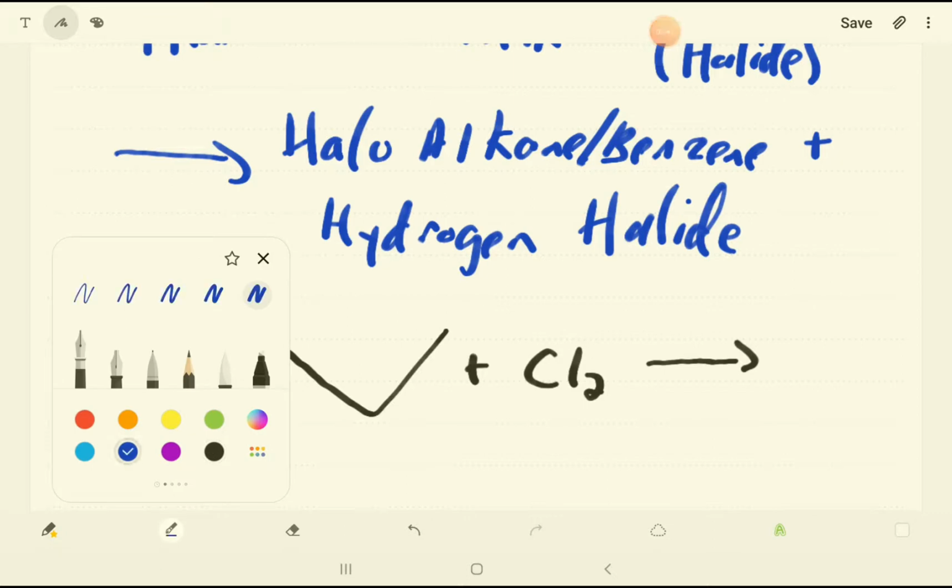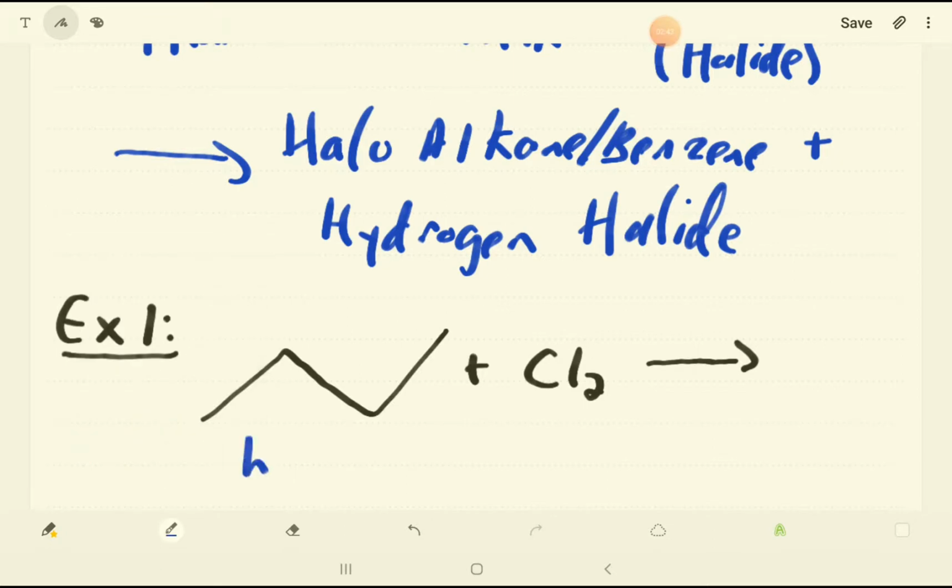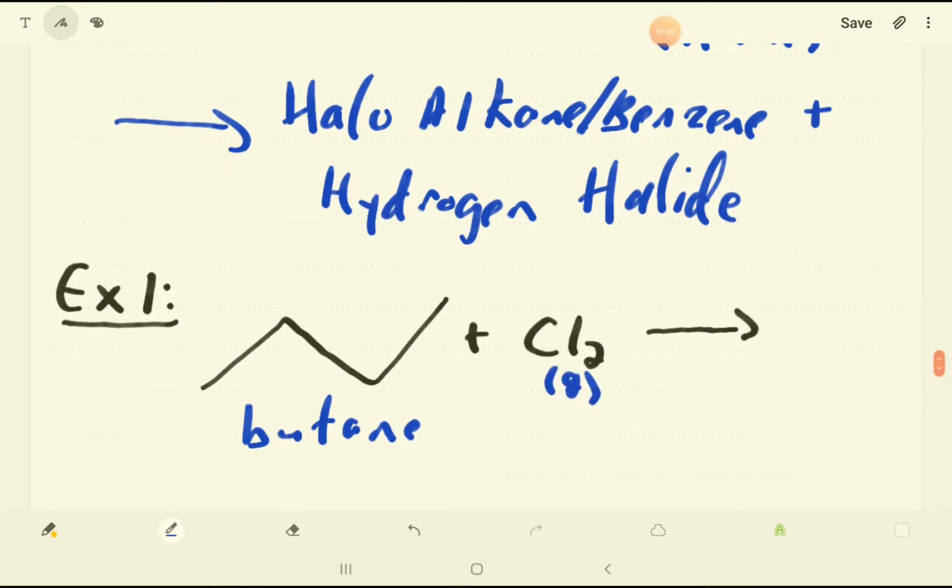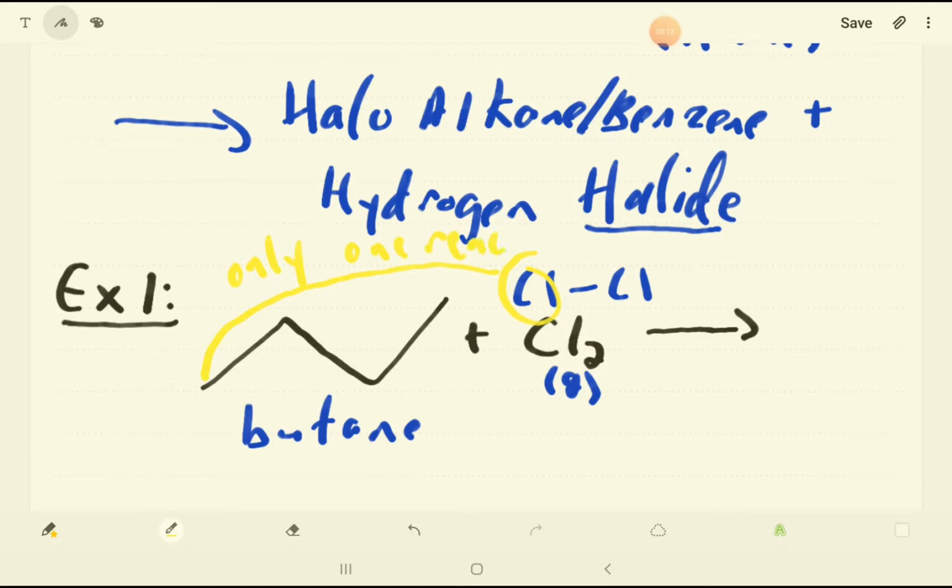And so here we have 1, 2, 3, 4. We have a butane plus chlorine gas. What happens here is the chlorine gas is Cl to Cl. And when we look at the general form, there's still one of the halides left. So the difference between the addition reactions and the substitution reactions is that only one reacts. We're going to write only one reacts. And so what we end up with, now when it reacts and it bonds, it actually, in the process,